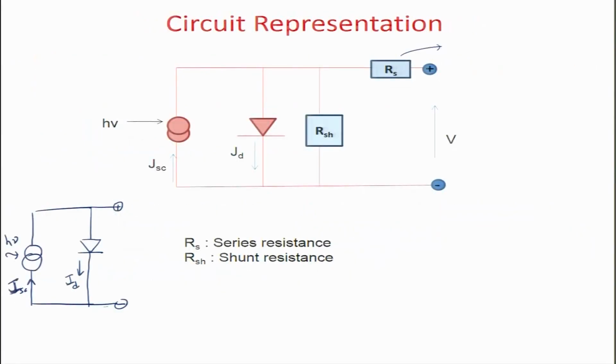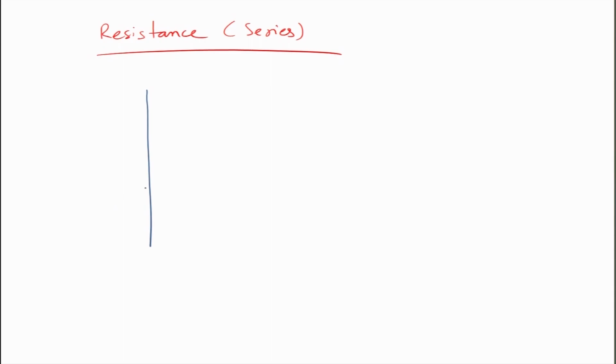These two parameters are of extreme importance in solar cells. We will see the effect of these two on the performance of solar cell devices. So, we look at the series resistance. When you look at the series resistance effect, if you plot the IV characteristics of a solar cell, this is I, this is V, and the series resistance